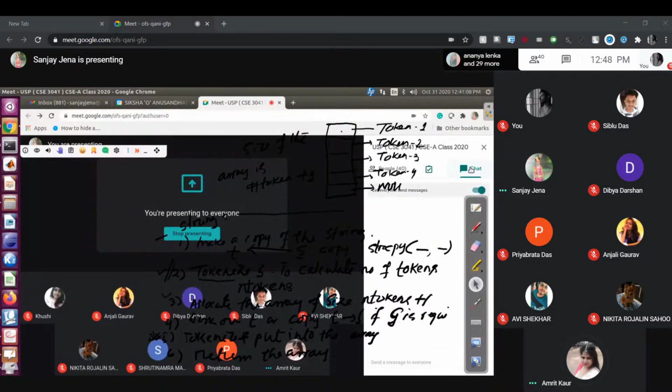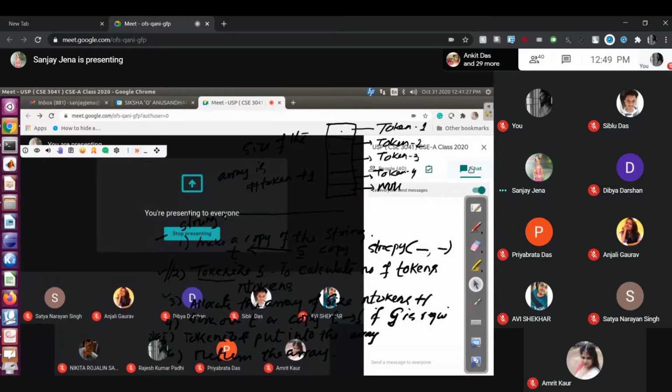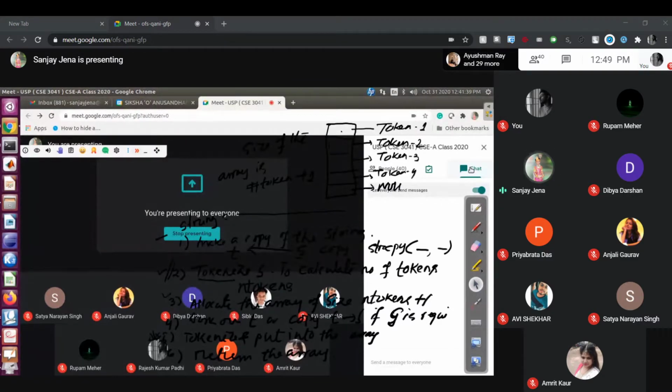Amrit Kaur, present, sir. Rajesh. Bidisa Tripathi. Satya Narayan Singh, present, sir. Prajwal. Rupam, yes, sir. Abhishek Mishra. Cape Mahamadi.